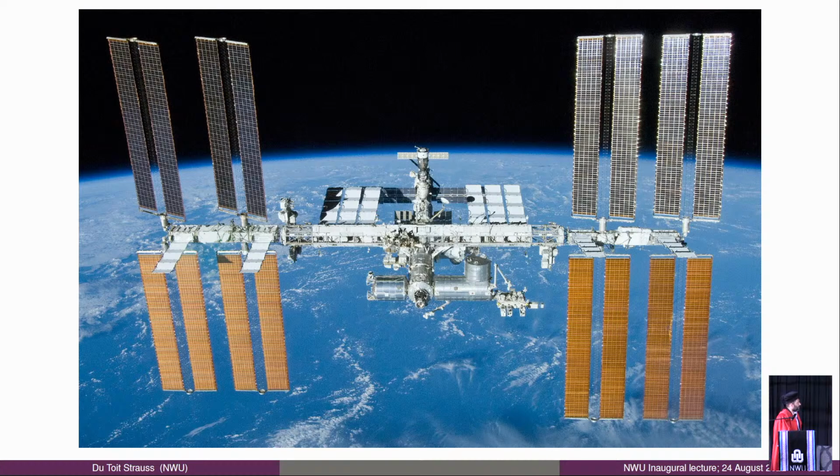So if you're on the International Space Station, and this is a picture of it, you're above the atmosphere of the Earth, so you don't have the shielding from the Earth, but you're still in the magnetic field of the Earth, so you're still in the geomagnetic field. But if you're an astronaut on the space station, the atmosphere is not there to protect you, so the level of radiation that astronauts are exposed to is much higher than we would allow any, even radiation work on Earth